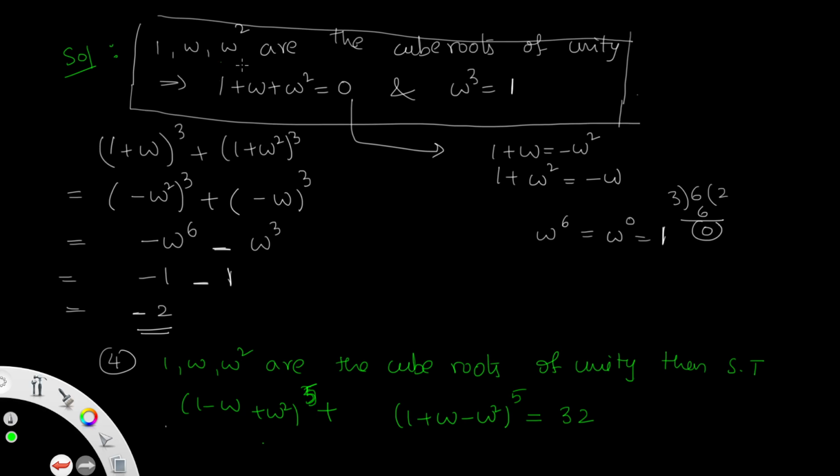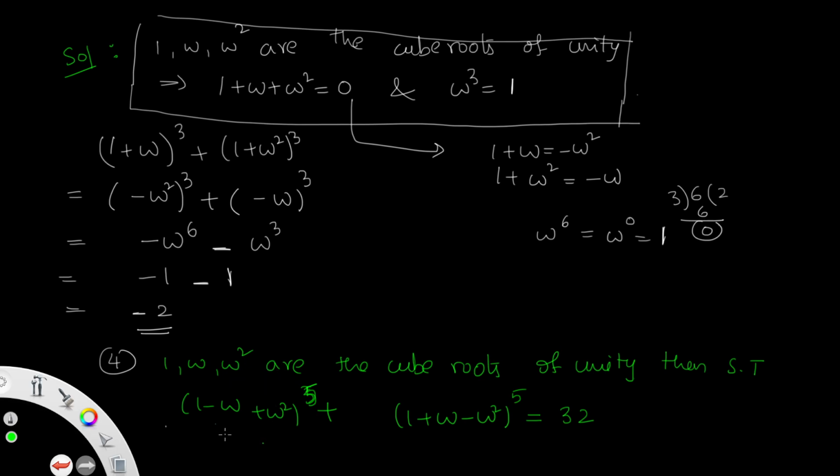In the similar way, just now we already proved that is the basic rule. 1, ω, ω² are the cube roots of unity. Then we can write that the sum of the cube roots of unity is always 0 and the product of the cube roots of unity is 1. Here in this question, this first formula can be applied. In the similar way we can write. So all of you please make a note for the same. In the same way you can practice the same.